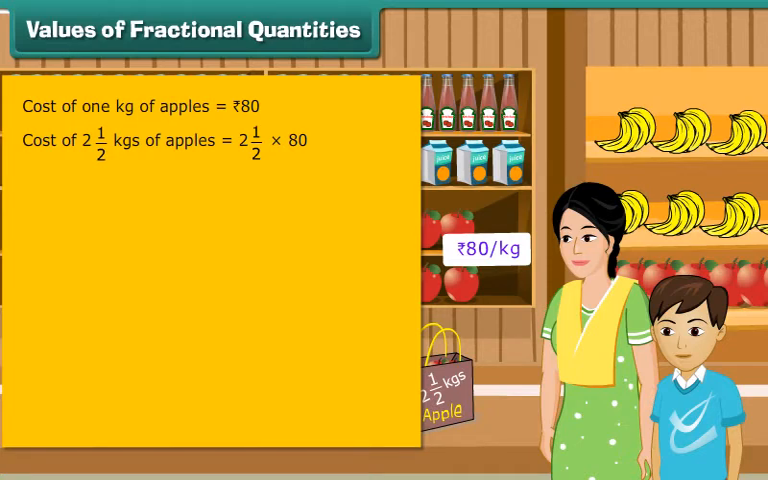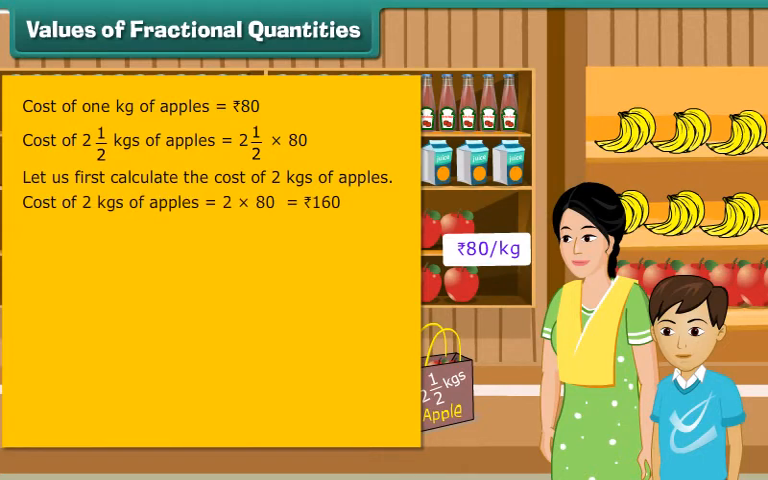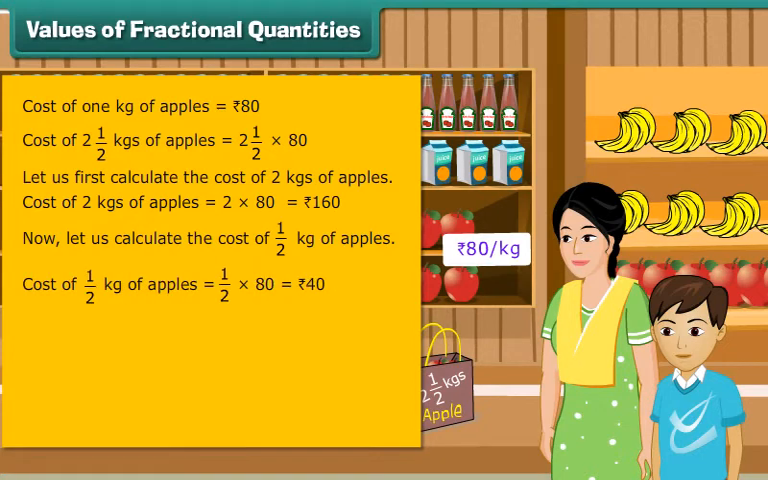2.5 multiplied by 80. Let us first calculate the cost of 2 kgs of apples. Cost of 2 kgs of apples is equal to 2 multiplied by 80, which is equal to rupees 160. Now, let us calculate the cost of half kg of apples. Cost of half kg of apples is equal to 1 by 2 multiplied by 80, which is equal to rupees